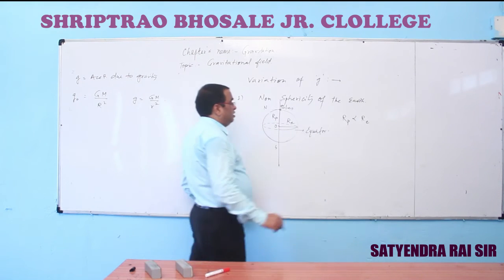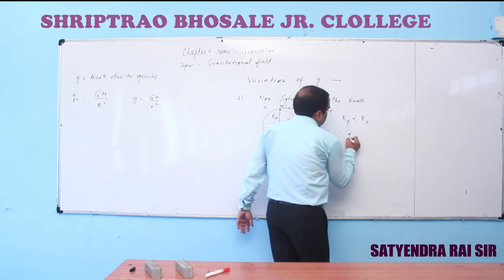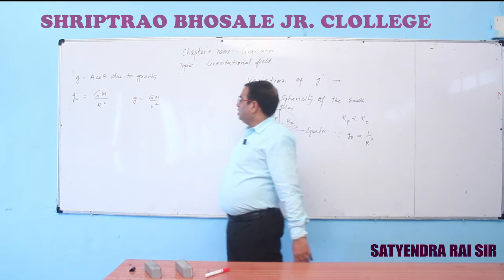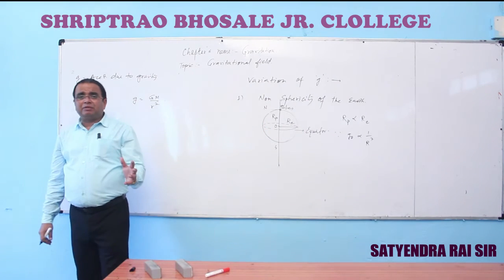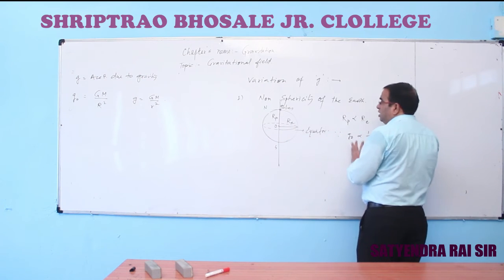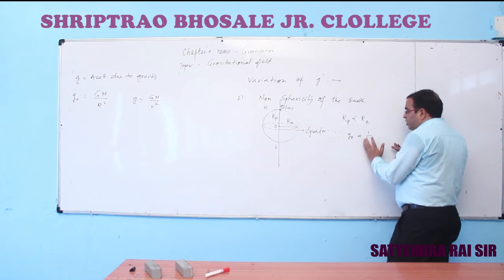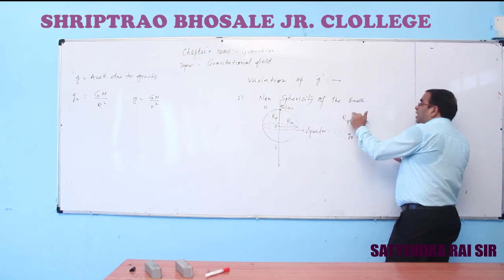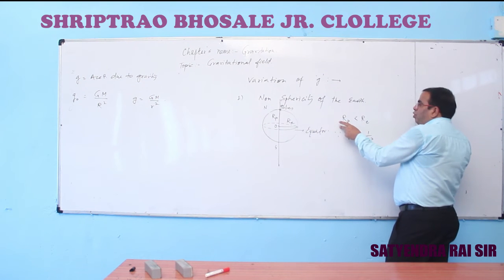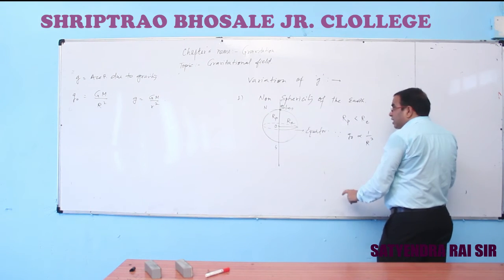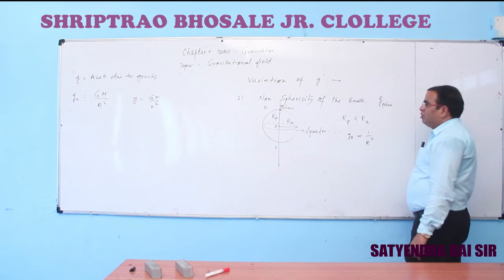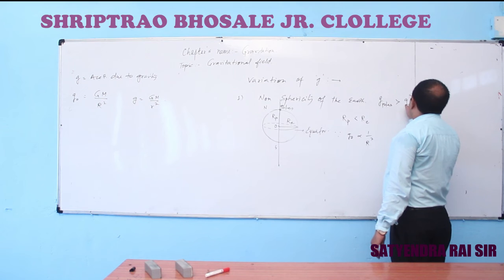Since g naught varies inversely with the square of the distance, we have seen g naught is GM by R square, even at the surface of the Earth. See how these interesting things are there. So g at the surface of the Earth varies. Since the polar radius is less than the equatorial radius, g at the poles is going to be greater than g at the